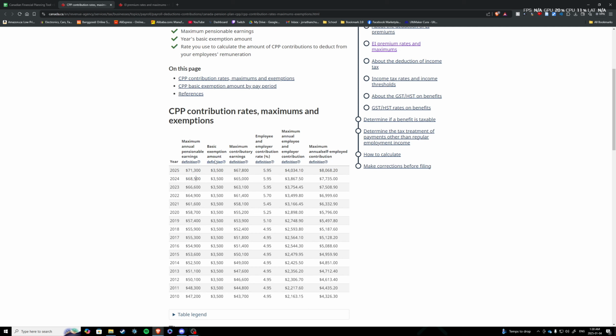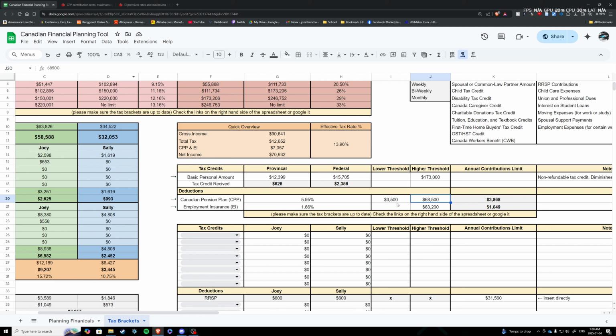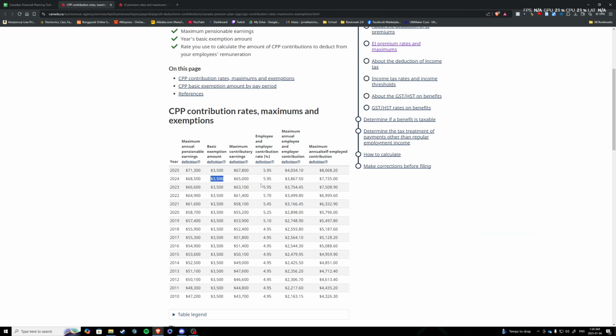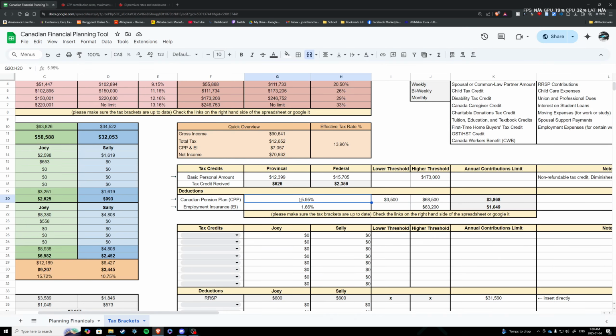Then you look at your basic exemption amounts, 3,500. You then put your 3,500 here, and then you have your Canadian pension plan percentage, which is at the 5.95%, which is inputted here, and then you get your annual contribution limit, this value, and then you basically do the